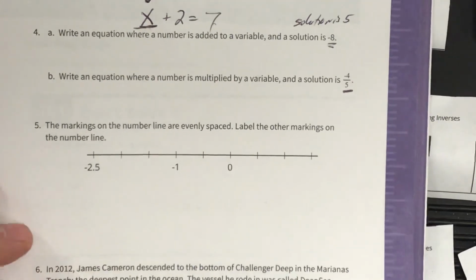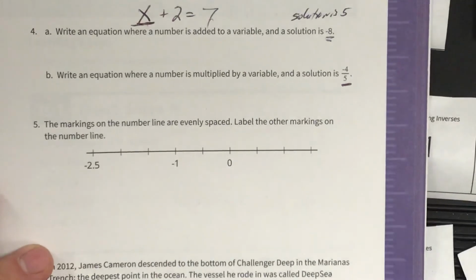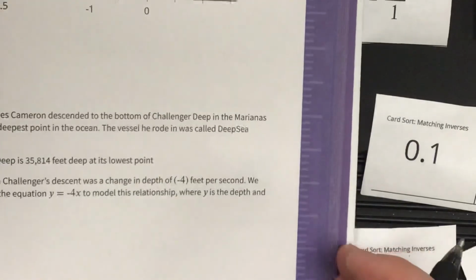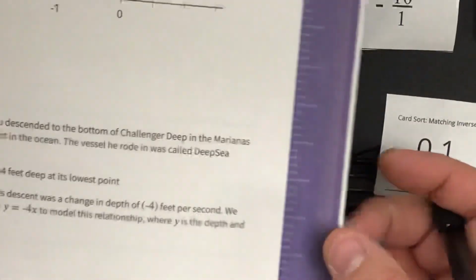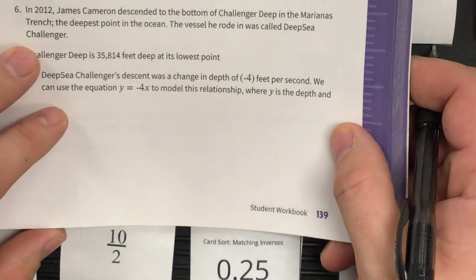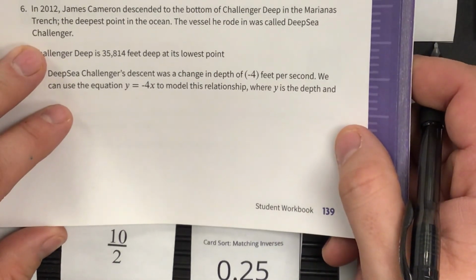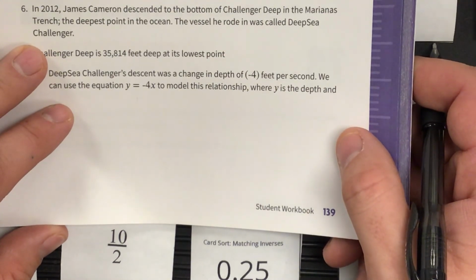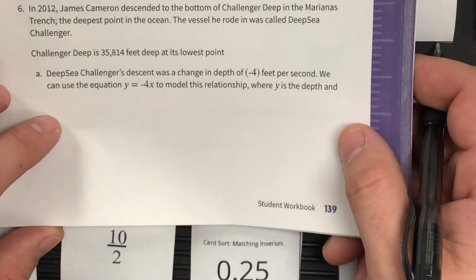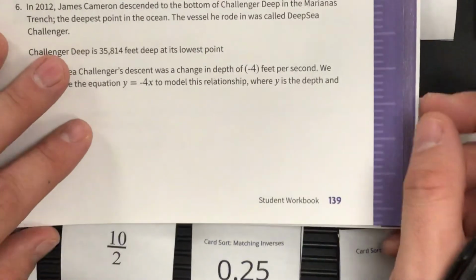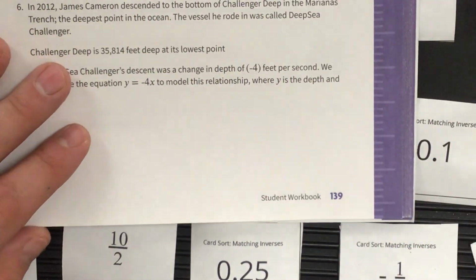Question number 5, you're just filling out the number line. I think you can handle that. Figure out what the spacing is, label all the other marks. And question number 6 does go on the next page, talking about a elevation in the deepest point of the ocean called Challenger Deep. That's what they descended to the trench in. Rode the Deep Sea Challenger. So it's asking you some questions about that voyage. So 6 questions a day. We got about 7 minutes to work, and that will be due